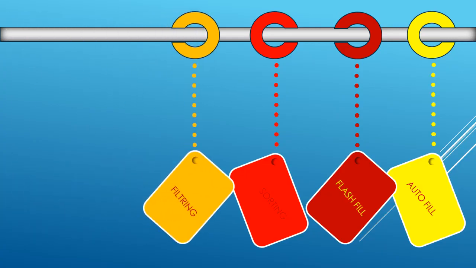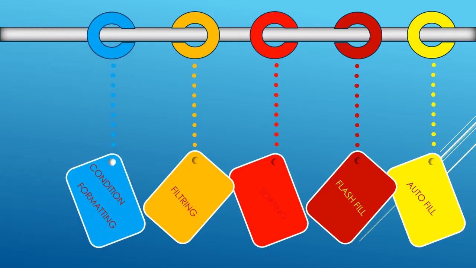The next heading is filtering. From the word itself we can say, the filter feature selectively blocks or hides the data you don't want to see. A filtered range displays only the rows and columns that meet the conditions or criteria you specify. Using the filter, unwanted things we can avoid, and the wanted things only we can keep in MS Excel. More options are there: custom filtering, and you can assign highest or lowest value filtering. Everything is available.